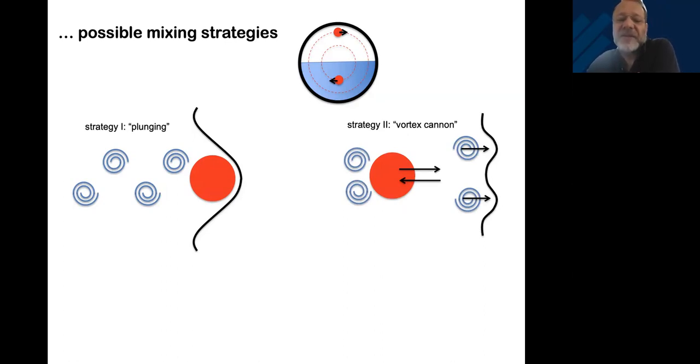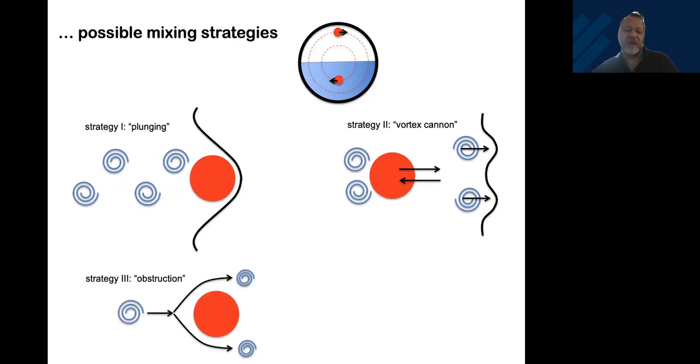Remember that the 2 stirrers are actually in the fluid. So if I jiggle them around back and forth, I actually create shedding vortices, starting and stopping vortices, by just going back and forth in a jerky motion. And then these shed vortices, if I do it right, would sooner or later move to the interface, and then the vortex would wrap up the interface rather than the cylinder by itself. So this is almost like a long-range strategy where the stirrer not necessarily has to be at the interface, but still can reach the interface by shooting vortices towards it. Okay, that's a possible strategy.